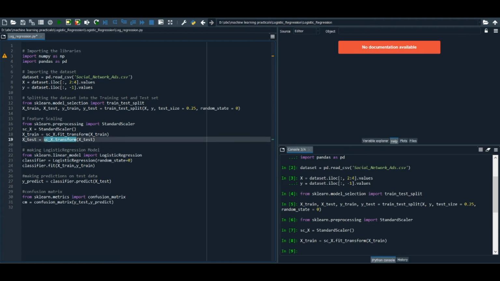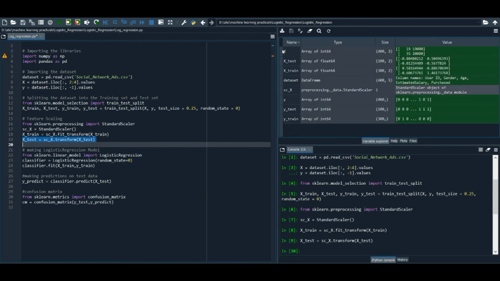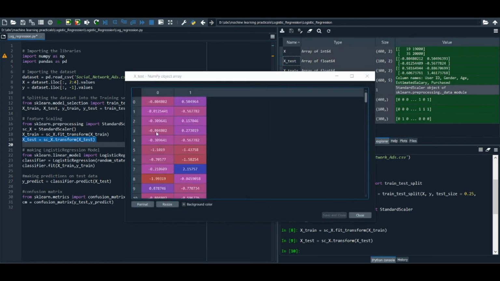So we are going to use sc_x.transform function, and then we are going to pass x_test. So it's only going to apply feature scaling on testing data. So after executing this line of code, we are going to have a new feature scaled testing set of independent variables.